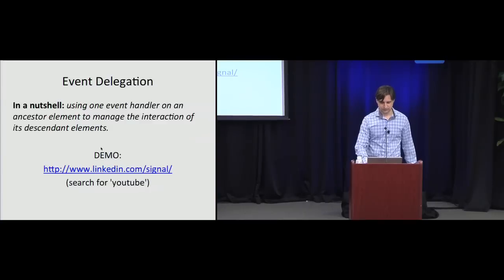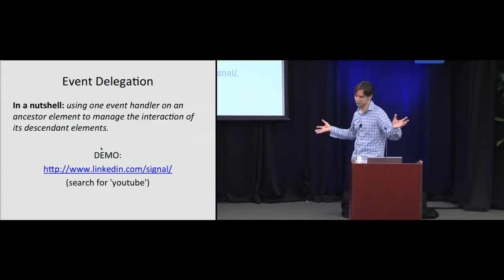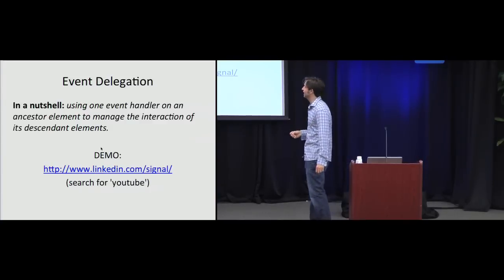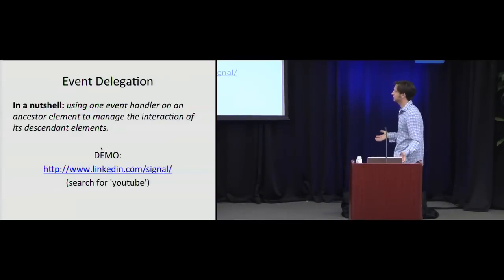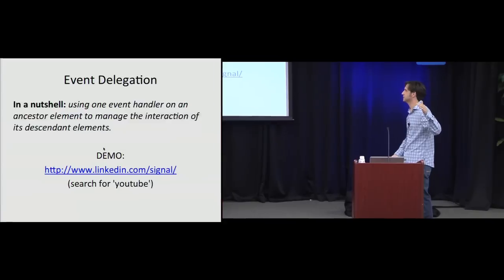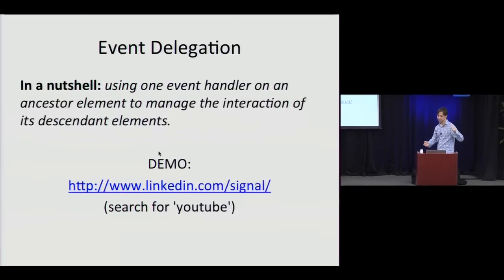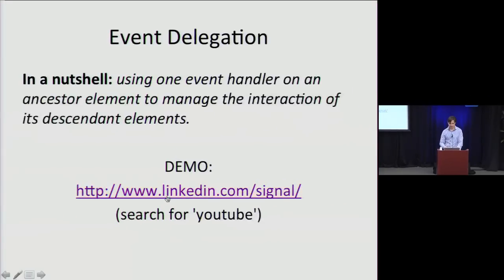So now this is where it all comes together, hopefully. Event delegation. This is my own definition. I was trying to think of how to define this: using one event handler on an ancestor element to manage the interaction of descendant elements. So an example of where